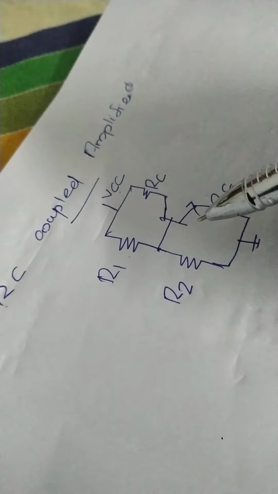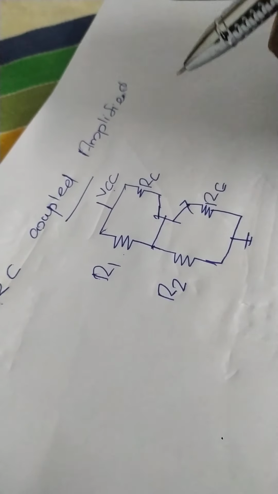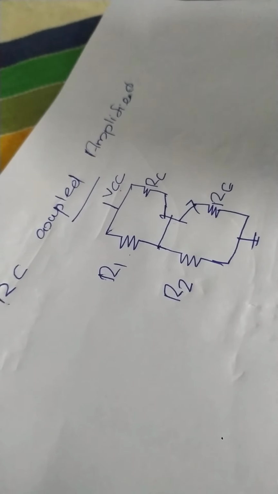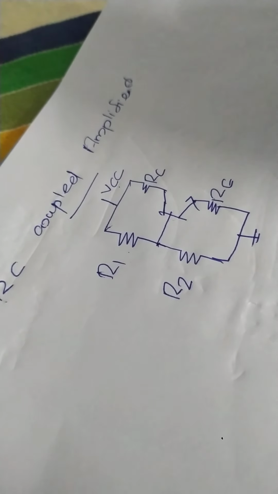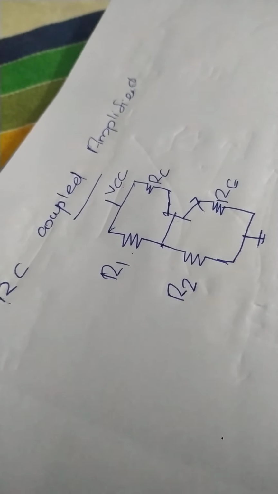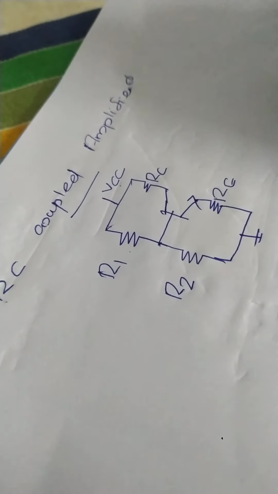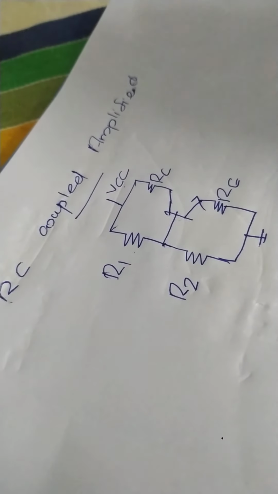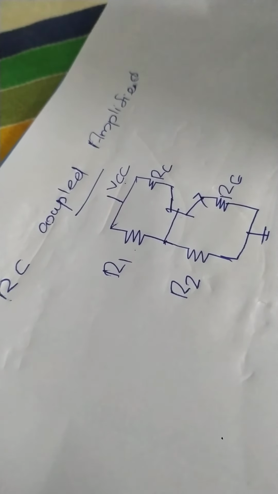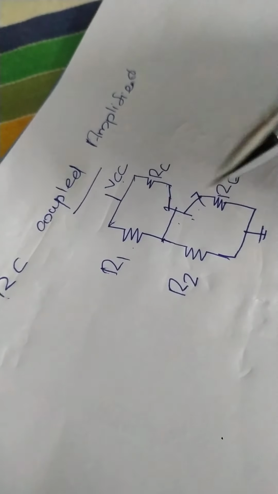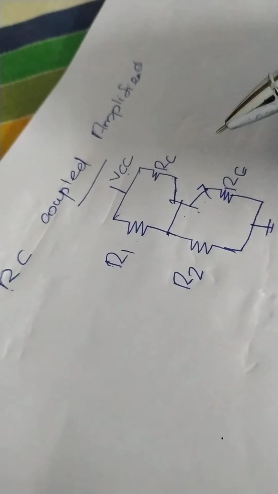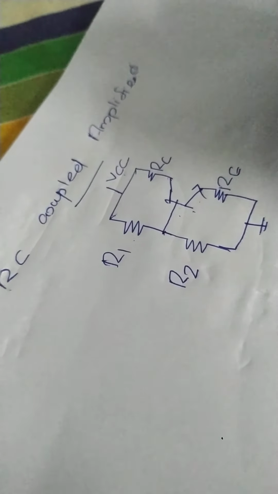This circuit is used to set the operating point. The transistor can work in the cutoff region, saturation region and active region. To work as an amplifier, the transistor must work in the active region. In order to set an operating point in the active region, we have to set the DC voltage across the input region, that is the emitter base region, and collector base region. For that purpose we use the voltage divider biasing circuit.